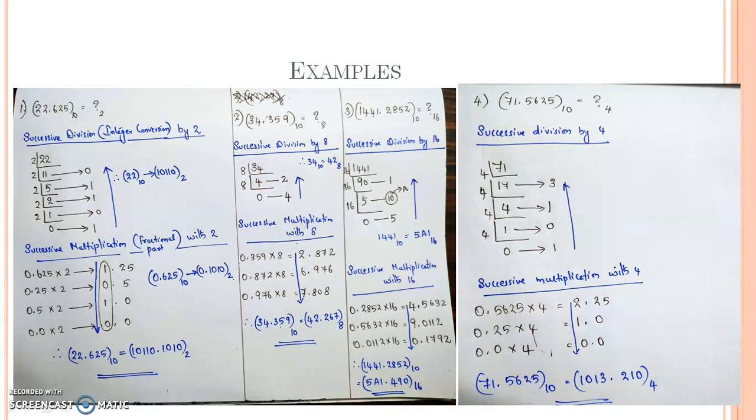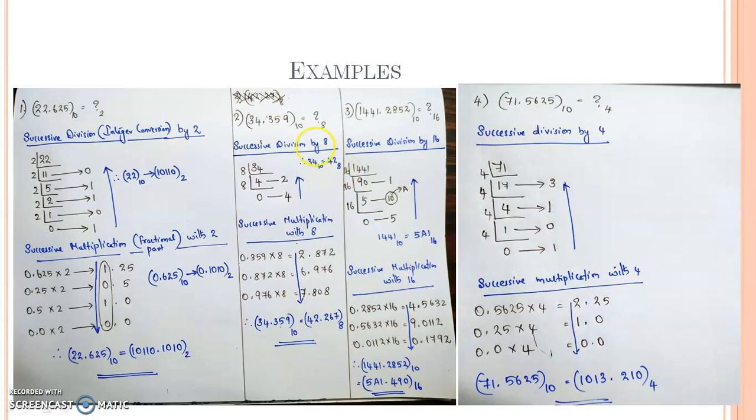Okay, so this is how the conversion is done. Let's see how you will convert 34.359 to the base 10 to the base 8. Since the base is 8, you have to perform successive division by 8 for the integer part and successive multiplication by 8 for the fractional part. So let's see how you will convert 34 to the base 8. Perform 34 divided by 8. So it is quotient 4 with remainder 2, and dividing 4 by 8, you will get quotient 0 with remainder 4. So you got the quotient 0, you have to stop there and then take the remainders in the reverse order. So this becomes your MSB and this becomes your LSB. So 34 to the base 10 is 42 to the base 8.